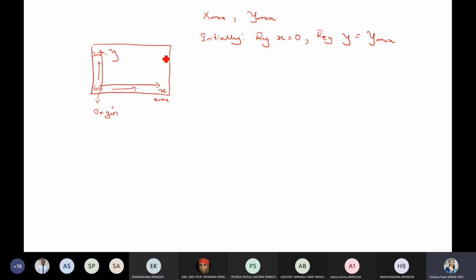What your raster scan does is scan from top to bottom, right? It will scan rows. What are these? These are just the rows of your screen, right? It will scan like this. Your raster scan will scan row by row, correct? Hence, the initial value of Y is set to Y max and the initial value of X is set to 0, right? So these are our initial values.